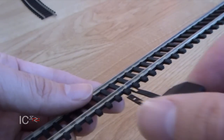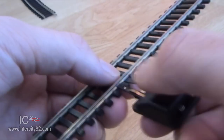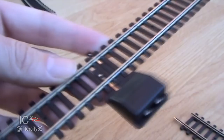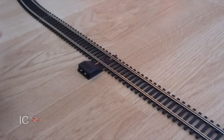Here we go. So that's the first one through, and then holding that down because it's springy with one thumb, I then push the other one through, and job's a good one. Look at that. Okay, so there we have it. The section is now back into the layout. The power clip is connected,